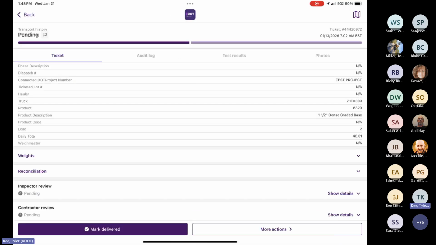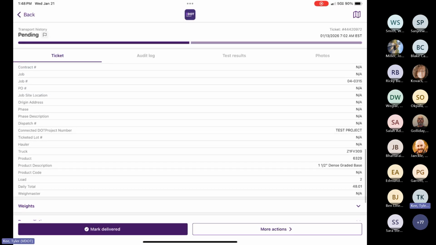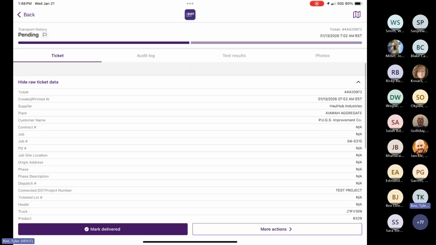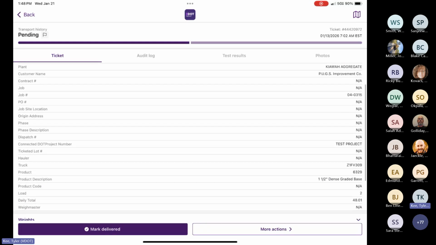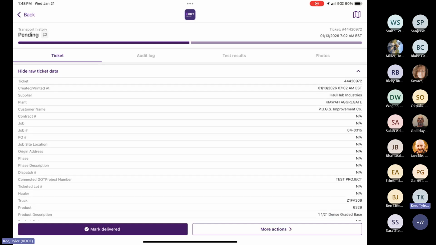If you enter it in that category, it'll show up here on the ticket as waste, but it'll also show up in summary reports later on when you are reconciling against your estimate. It'll show do not pay for that waste. Some people in the past have used rejected as the option for that, but the waste option is really the more correct option